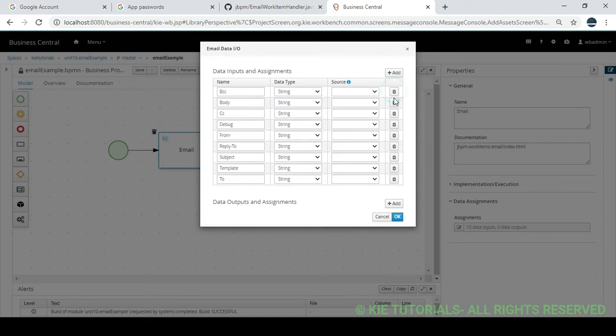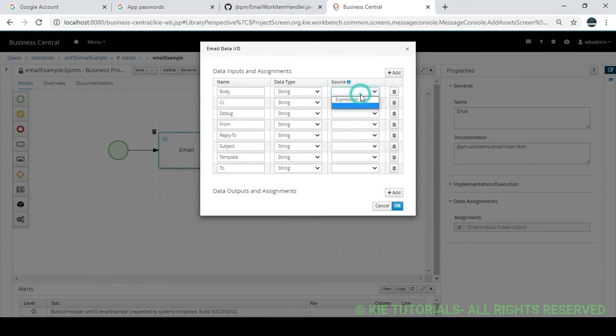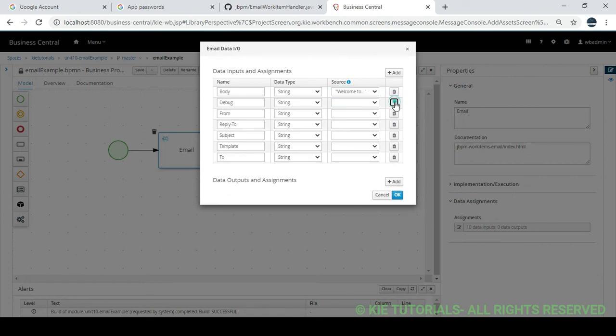I don't want the attachments, I don't want the BCC. I want the body to be Welcome to KIE tutorials. I don't want CC, I don't want debug.